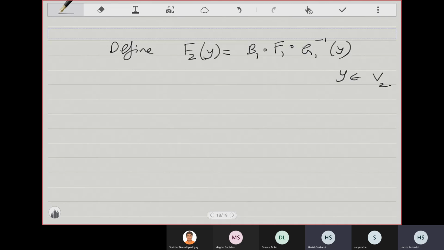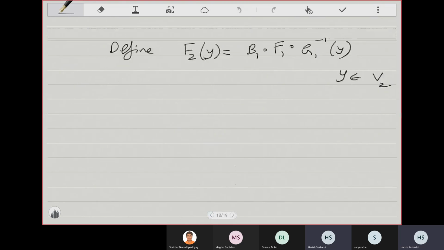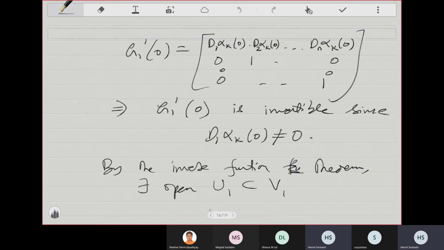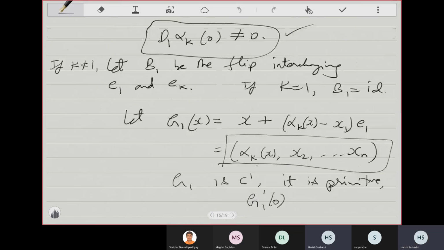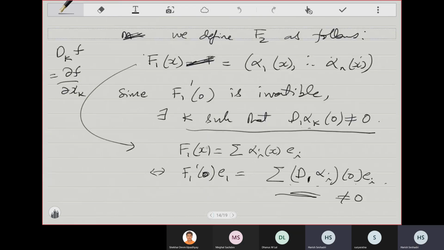So let's be clear about all the things involved here. This G1 is what I just defined, and the formula is rather simple. G1 is just alpha K, X2, etc. And F1, since I started at the very first step, F1 is just F itself. Obviously, this will not be the case when I proceed further. So F1 is F. And then the flip was,